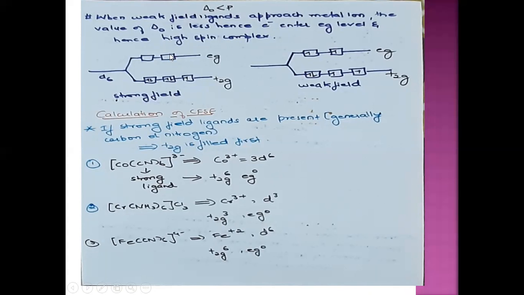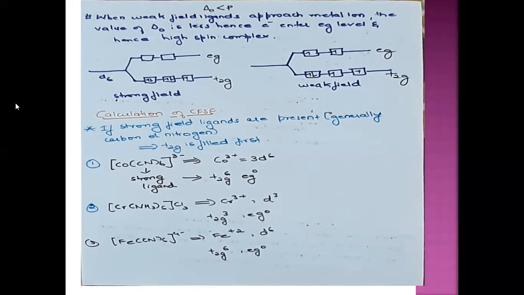See, if it is D6 here, in the case of strong field, what happens? 1, 2, 3, then you have to again start pairing in T2G, 4, 5, 6. Whereas with a weak field ligand, first you fill these 3, then go for the Eg level, then come back and fill T2G again. So this is the difference between strong field ligand filling and weak field ligand filling of the T2G and Eg orbitals. Since in weak field ligands there will always be single spins left, it is said to be a high spin complex. So this is regarding the crystal field stabilization theory for the octahedral complex.